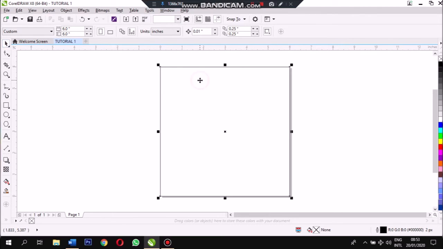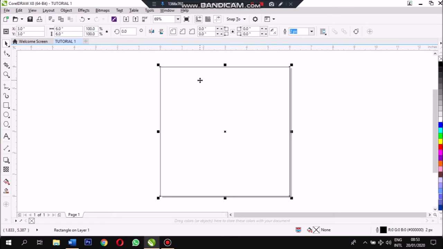tool, which we can use to select an object. I can use the pick tool to select an object, then left click on it to be able to move it about, and then release or drag it. I could as well rotate the object by clicking for the first time and then clicking the second time. Then I can see some double pointed arrows. I can see a double edge pointed arrow which is curved, and then I see a straight double edge pointed